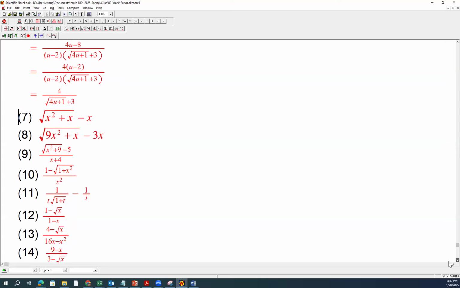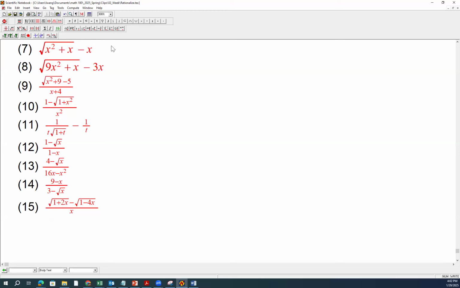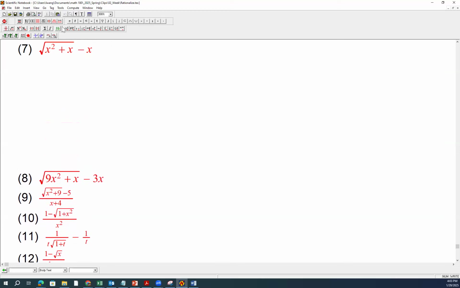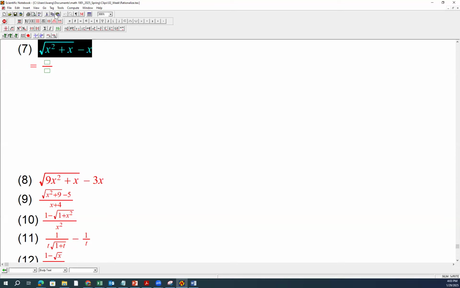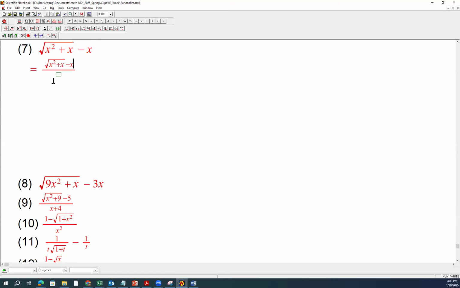Now, let's look at number 7. Now you'll say, how do I rationalize a numerator? Well, this is a numerator alone, right? In this situation, the question can be seen as the given over 1, same thing. You don't have to write it in this form, but you can. It's optional. So I'm writing it down here. It's up to you. Multiply by the conjugate of the numerator,